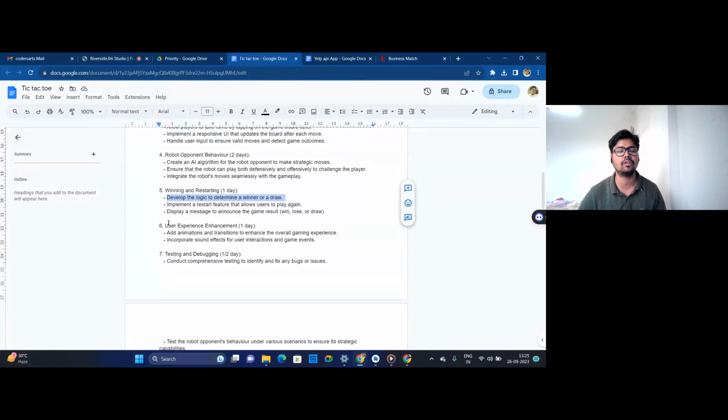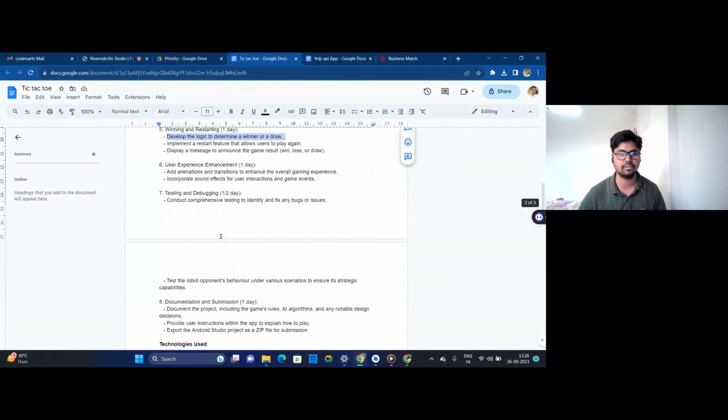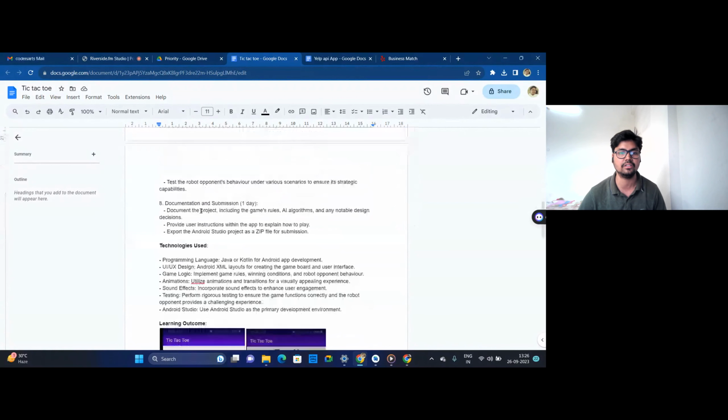And the last thing, we have to encourage the user experience enhancement, like fixing any UI issues and these types of things. It will take up to 1 day, and you can take up to half a day for testing and debugging. So this is the thing, and what are the technologies that I've used in this application is the